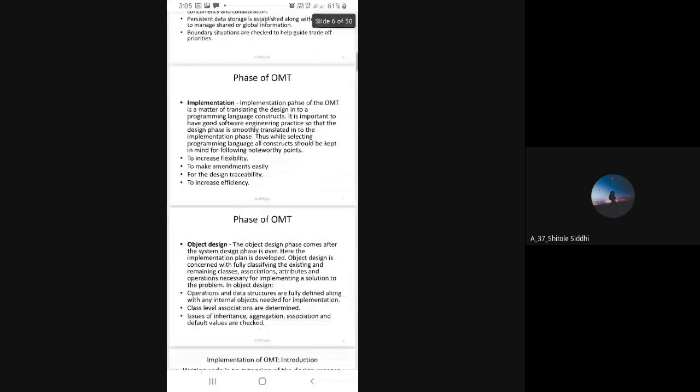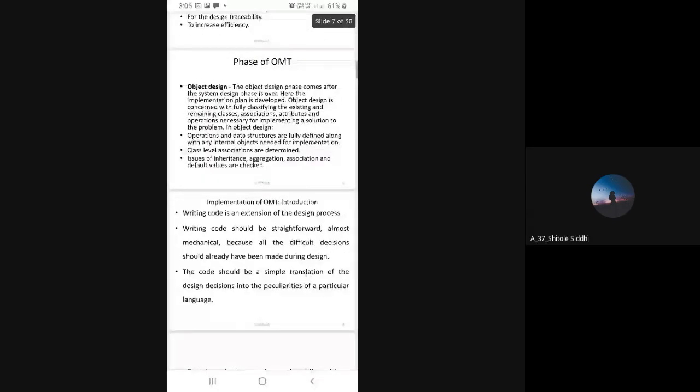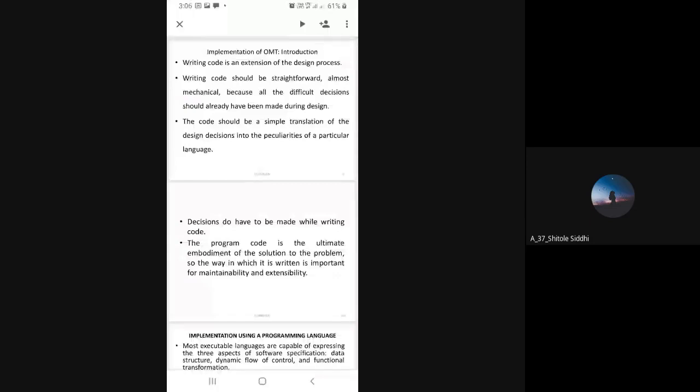Now, after completion of this, we will focus on the next part. While we are implementing the OMT, I just want to show you the demo, how to get the code and why the design phase is important while getting the code. But unfortunately, I lost the internet connection to my laptop, so I'm running on my mobile. I'll cover the theoretical part and then we will switch to the hands-on session.